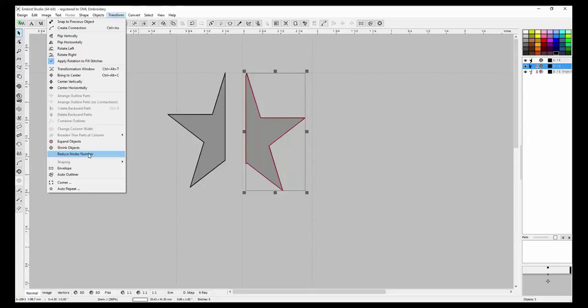If you have a lot of nodes and you go, oh my, what have I done? You can reduce the nodes number, but it's really going to change the shape of what you were doing. So you can try it, and if you don't like it, you can always undo it. Auto outliner, that is delightful. That is absolutely delightful. Cornering, you can see by the picture here, you can set it up